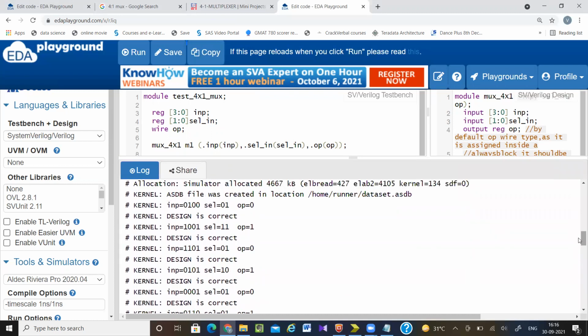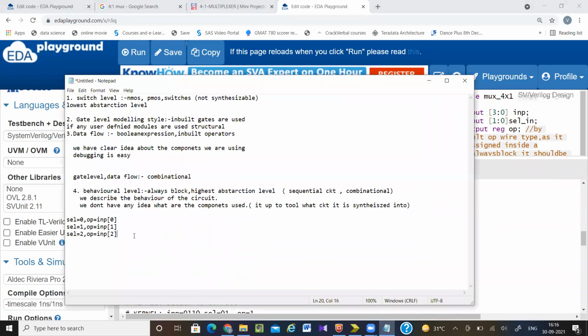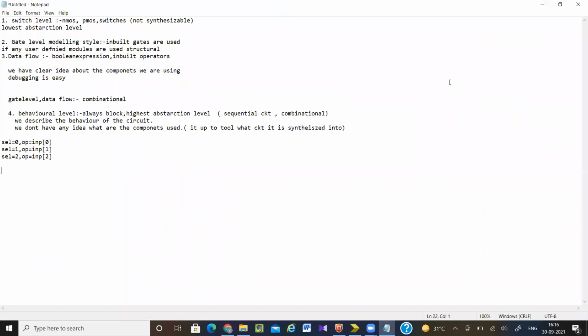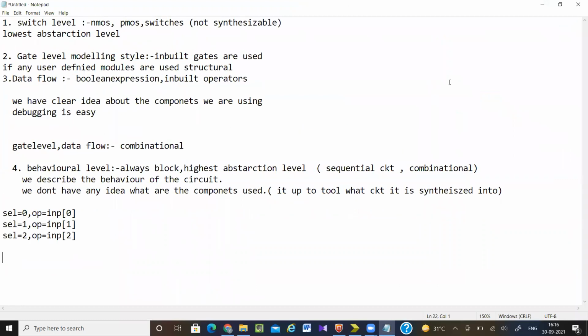Okay, but now my question is, have I checked all the possible values? See, let's say I have given my input equal to 0011 and select line equal to 0. So what should be my output?